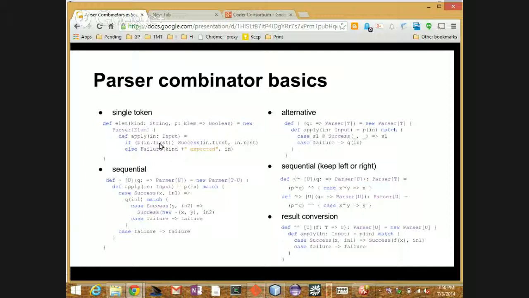Remember earlier I said you can either succeed or fail or error. So in that case, it would say success. I found this string called try, and whatever type you wanted it to be, it will become. If it failed, then depending on where you are in these other functions, you would hit one of these other cases. If we were talking about the sequential, I don't know if people are interested in this or not, but I just wanted to show that it's all just right here.